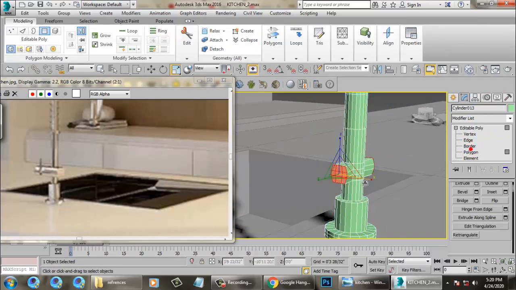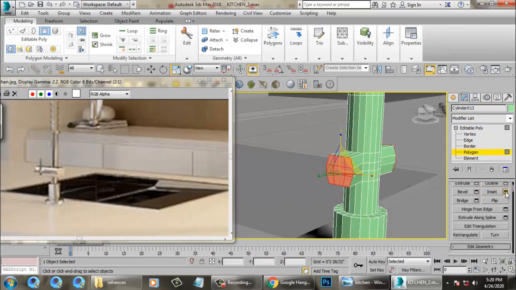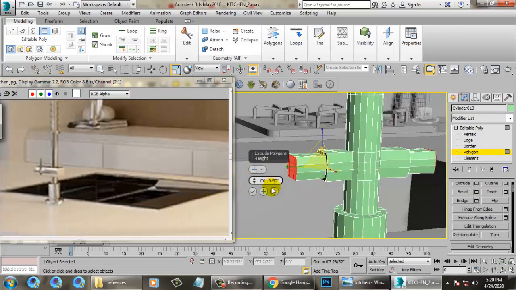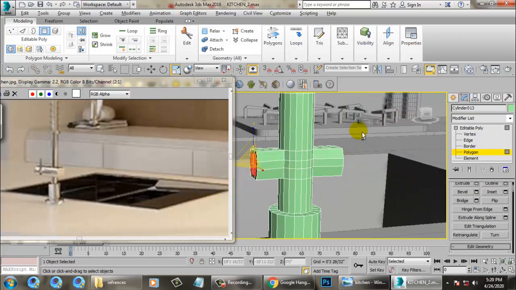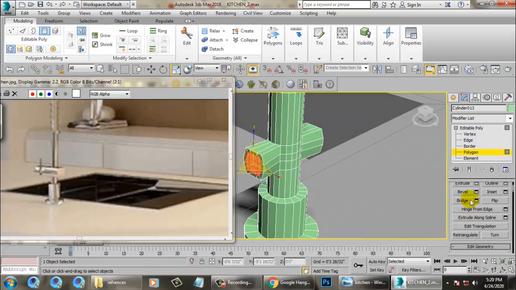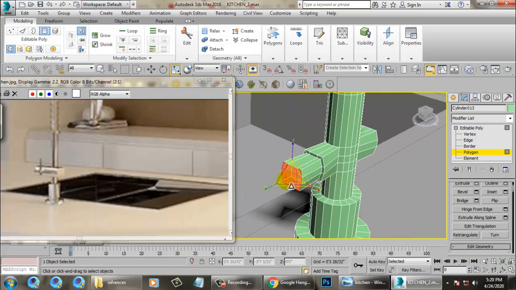Select this again, inset it again, and extrude it. I don't need this extrusion now, I just need this extrusion, R, and scale it.